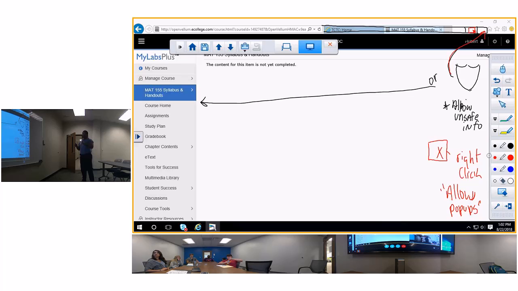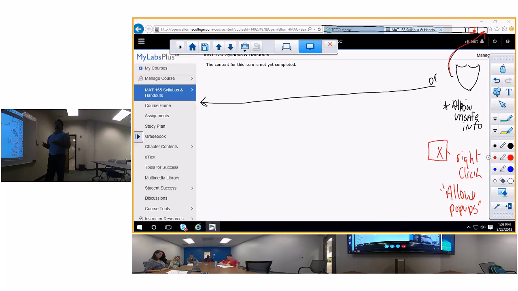Now, something else. I'm going to give you this information also. After you have registered and you have put your access code in, there's going to be a confirmation screen that says you are now a student or you are now in MyLabs Plus or something to that effect. And it's going to say log into class after you've done it. When you reach that point, you are in MyLabs Plus. So then you can go to this website,